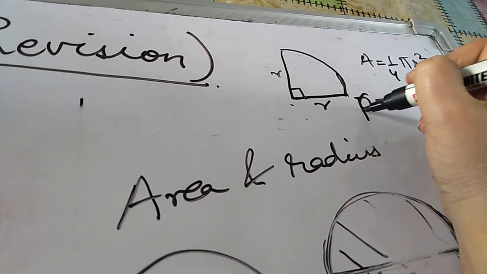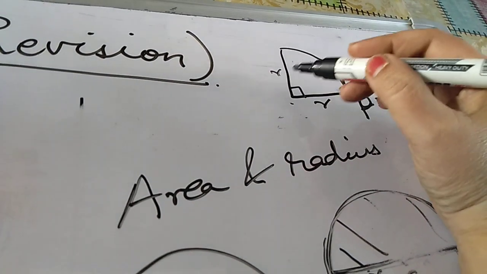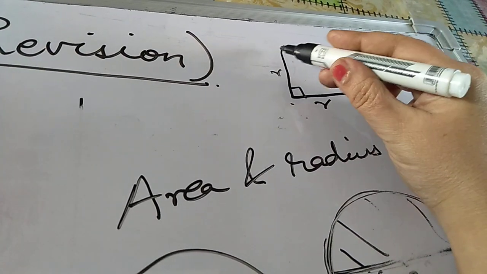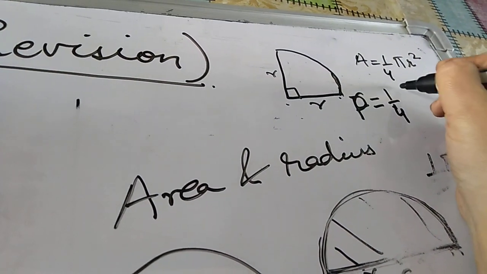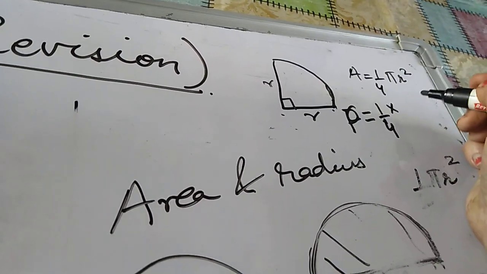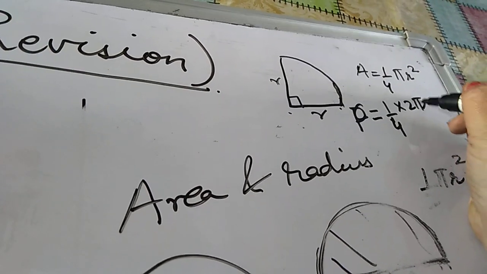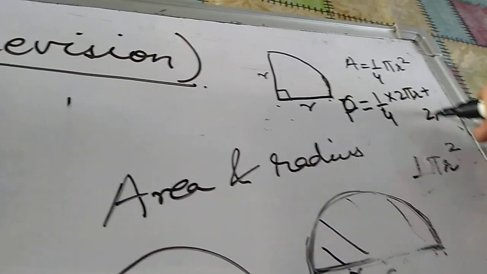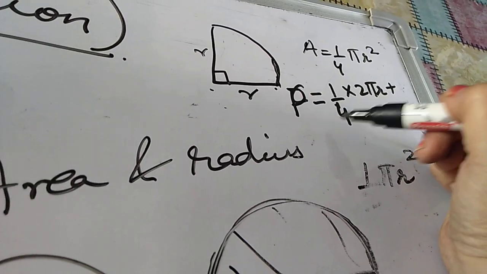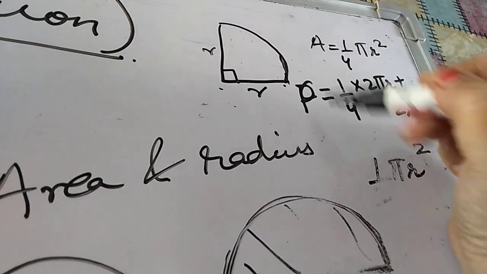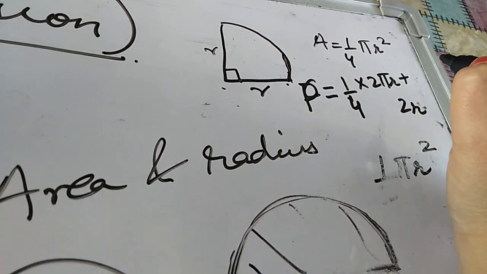But what will you say about the circumference or the perimeter? We call it perimeter now. The perimeter of this quadrant will consist of this circular part, the circumference, that is 1/4 of 2 pi r, because it is divided into 4 equal parts, plus 2r. I hope this is clear. I hope you are getting it. So 2 1s are 2, 2 2s are 4. So I think you can derive this. It is clear to all of you.